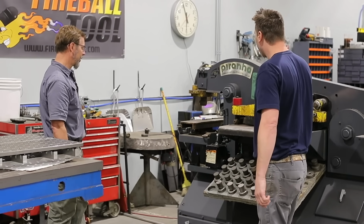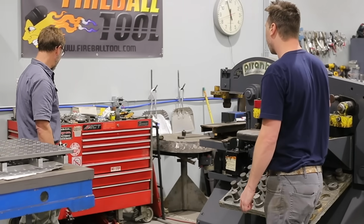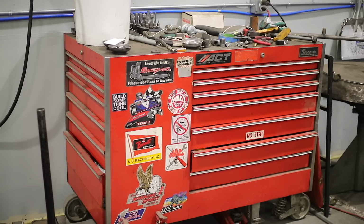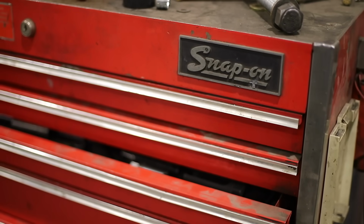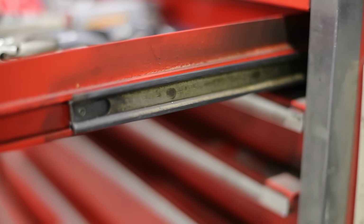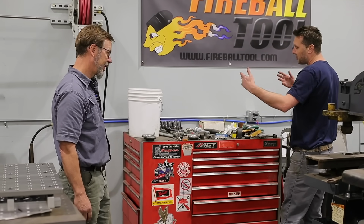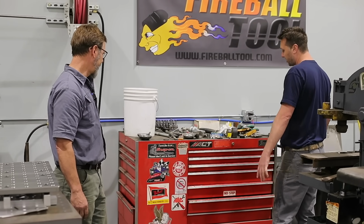And then behind you is one of my first things that I've ever acquired. When I first started mechanicking, it was an old Snap-on toolbox, and it was actually a gift. Am I allowed to touch it? Yeah, oh yeah, absolutely. So it's the old school with no roller drawers, but I've just gathered a whole bunch of cheap tools when you first get started in mechanicking or building anything. So this whole toolbox is just...